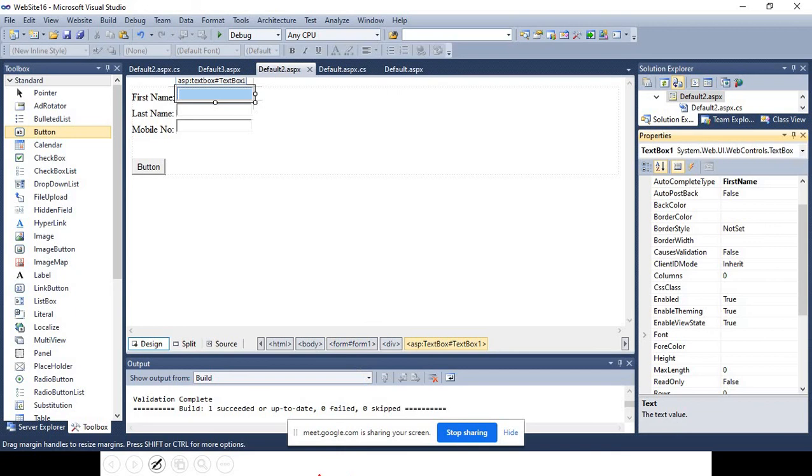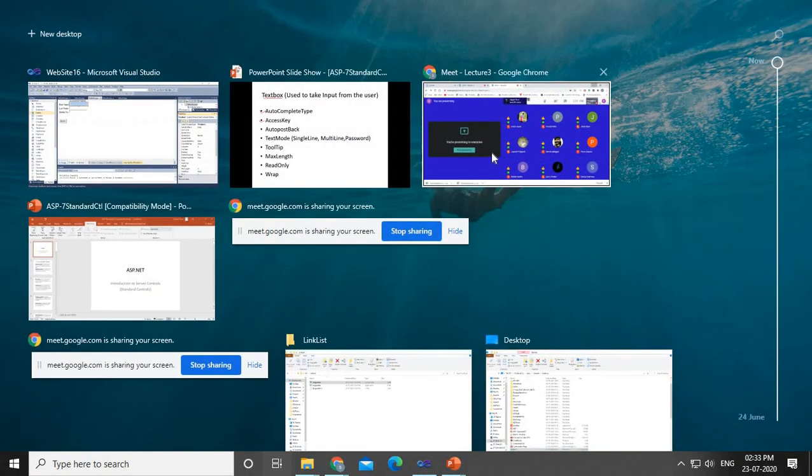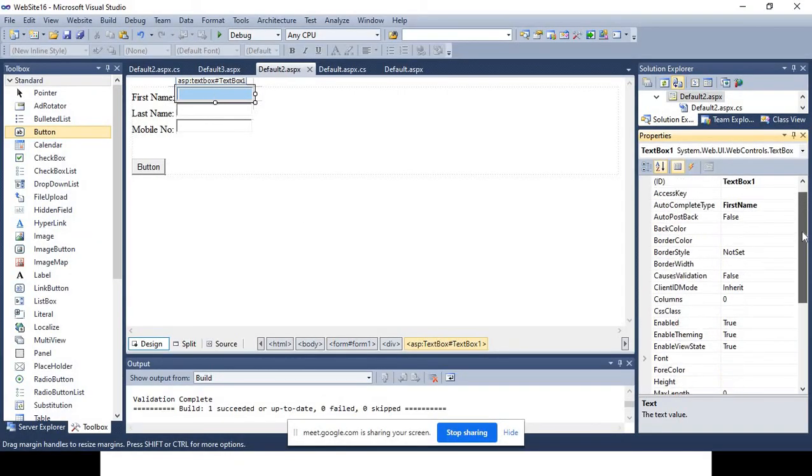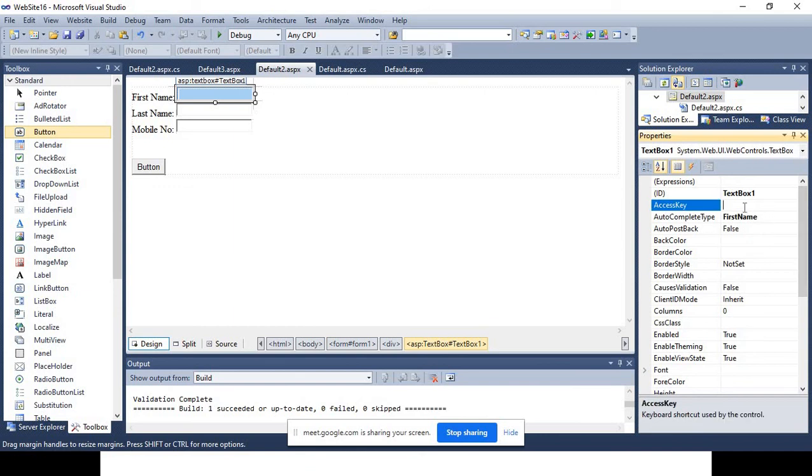One second, which property are we discussing? That is access key, no? Okay, fine. So here in the first name I am giving an access key. So where is access key? Sir, it is below ID. Yes, here exactly.